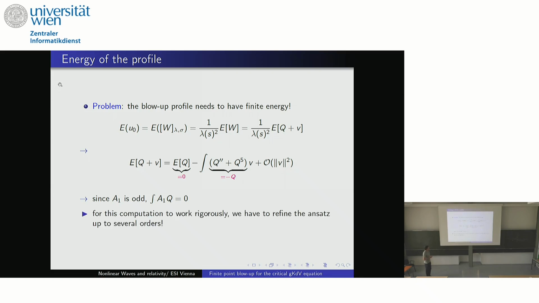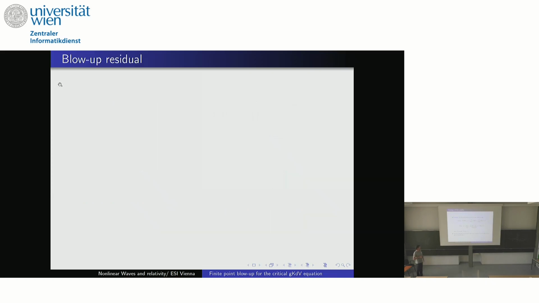Of course, for this computation to work rigorously, it's not enough to cancel this term. We have to add several corrections. This is, I would say, the technical difficult part of our paper: we have to do several corrections, I think five or six, in order to get the finite energy here. But I think really it starts because you can do this. Here, you can cancel this guy. If it was not possible, we could not see this kind of blow-up rate.